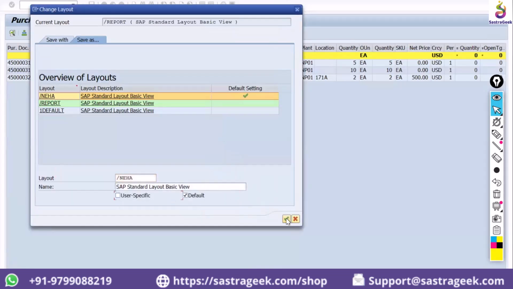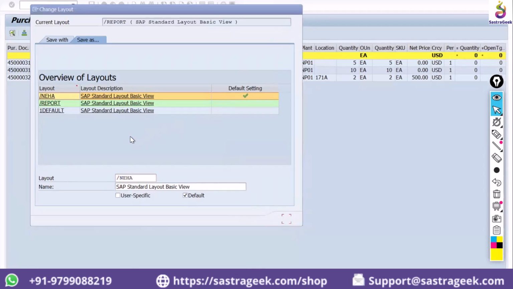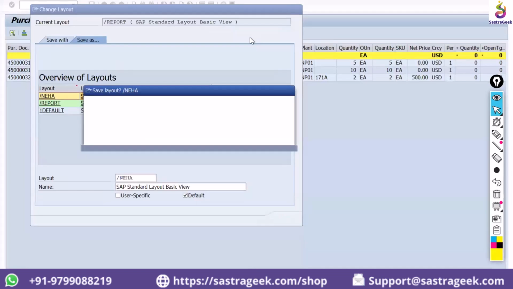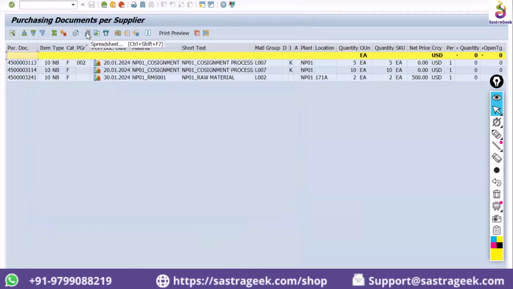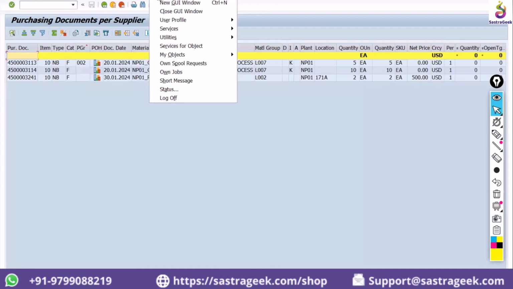Anything apart from this? Does anyone have any other questions, or shall we go ahead? Yes, Neha. Can we export data in any other format? Yes, you can. I'm just moving further with the same. If you want to export the data in another format as well, like in Excel or in other objects, so in that case,